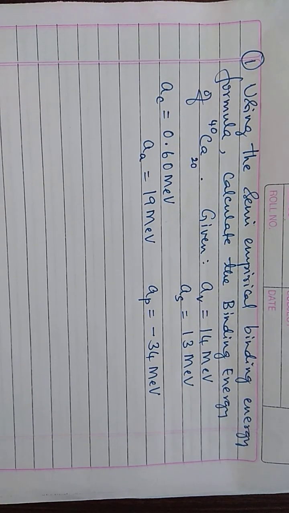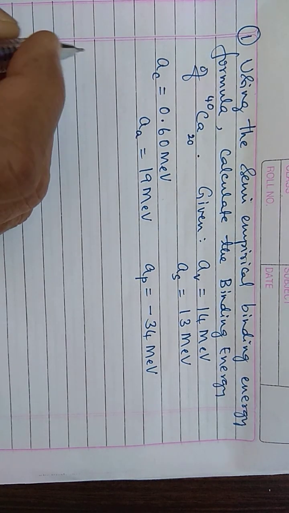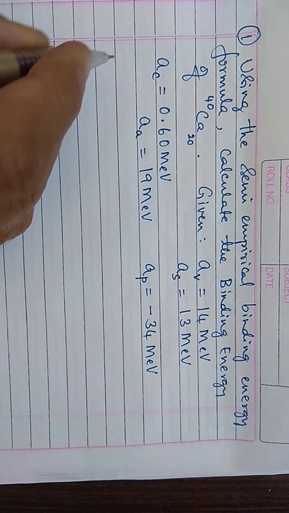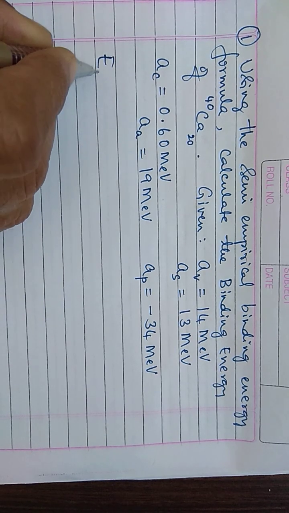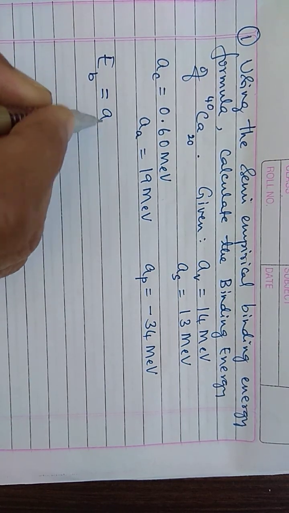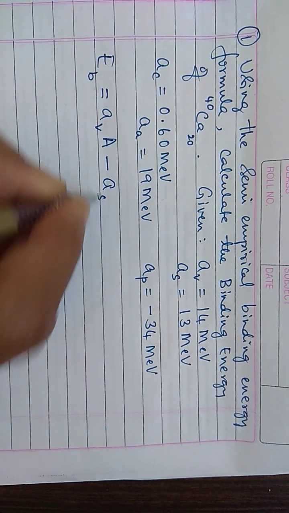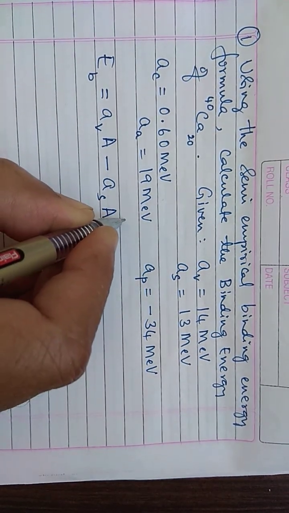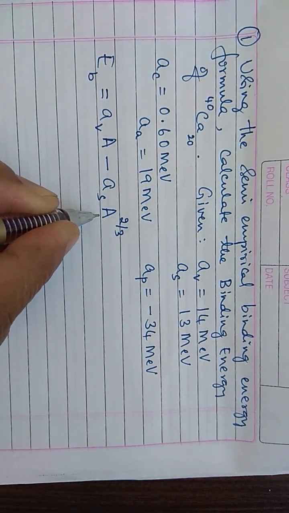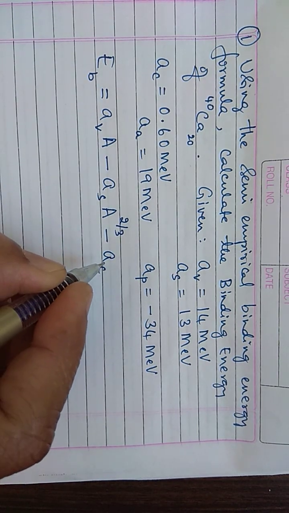Okay, let us solve this particular problem. A very easy problem, not a complicated one. So the semi-empirical mass formula states how we are supposed to write it. The binding energy E suffix B is equal to AV into A, minus AS into A to the power 2 by 3, and don't forget capital A representing the mass number, minus AC